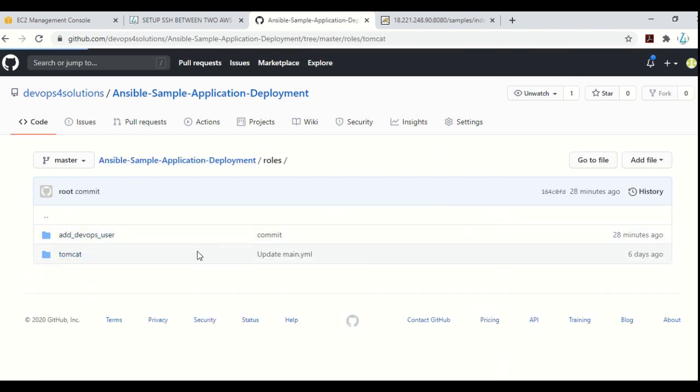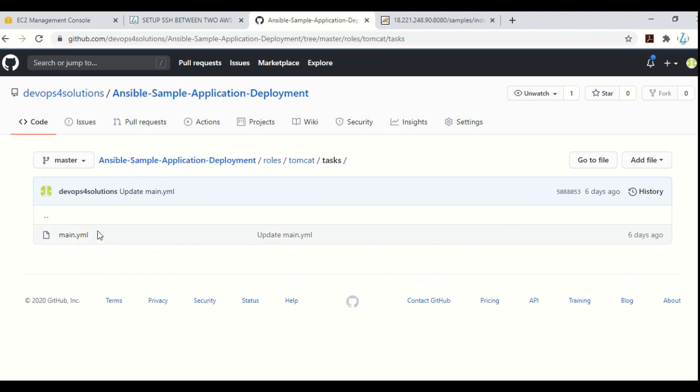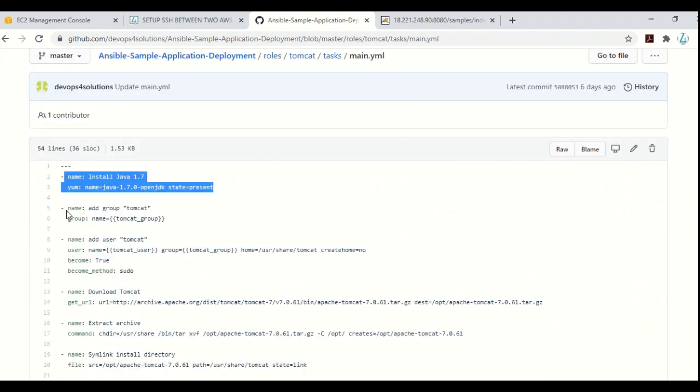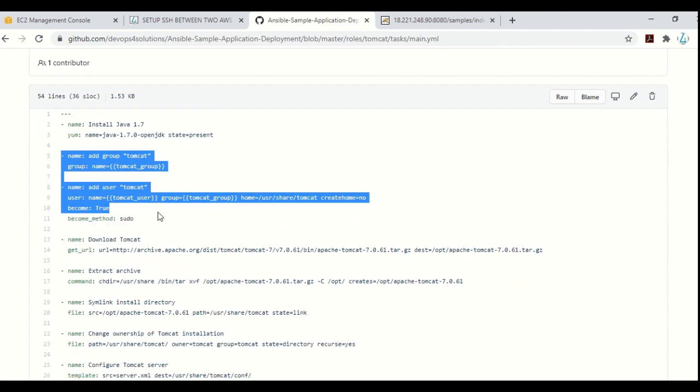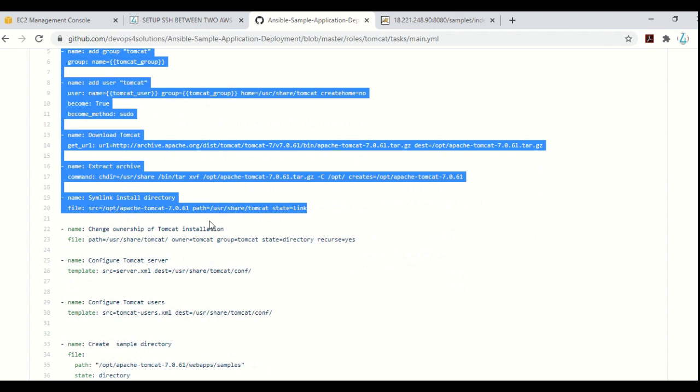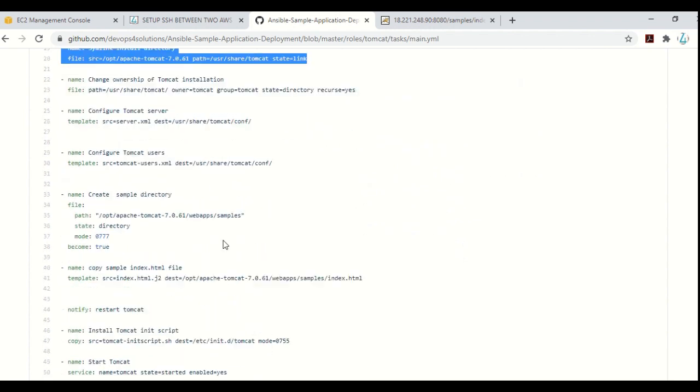And here, if I show you the Tomcat installation file, this is the normal install Java, and these are the instructions on how to download the Tomcat software, extract it, create the symlink, ownership, things like that.